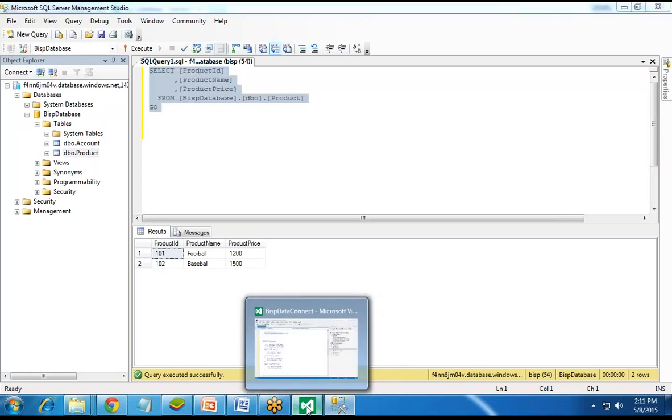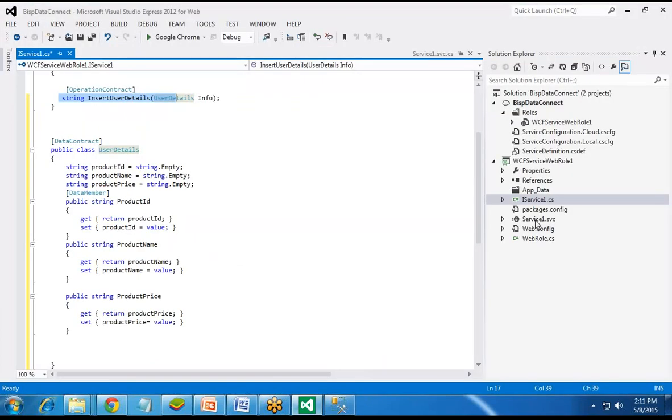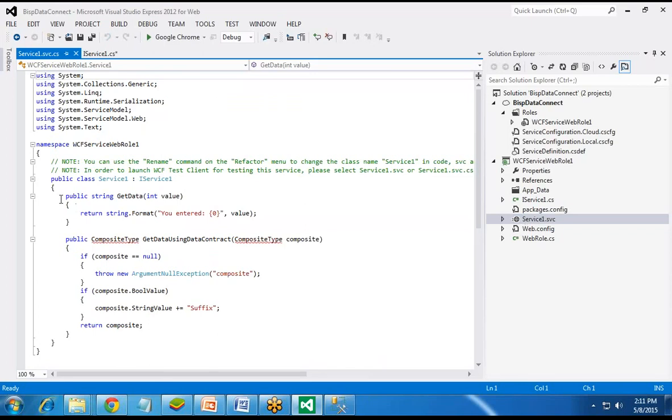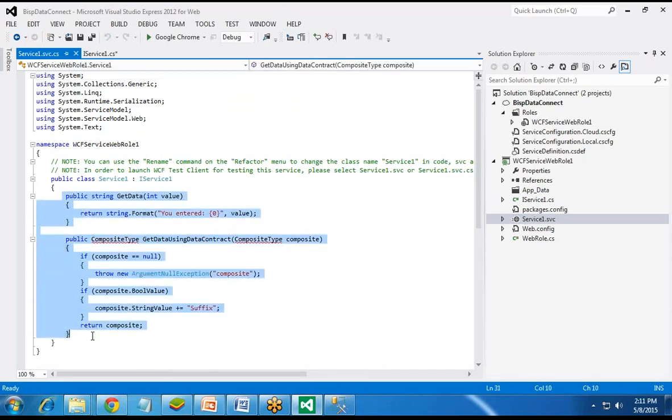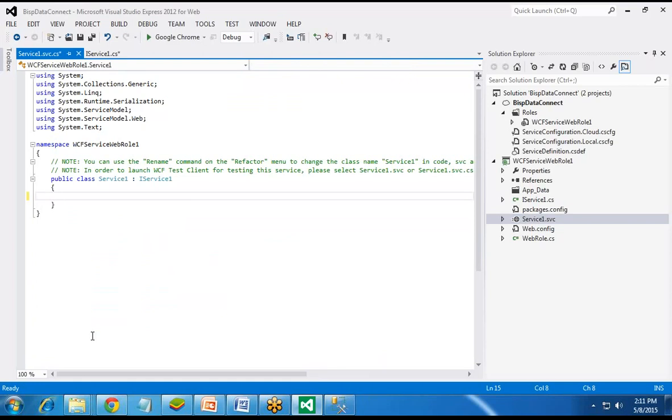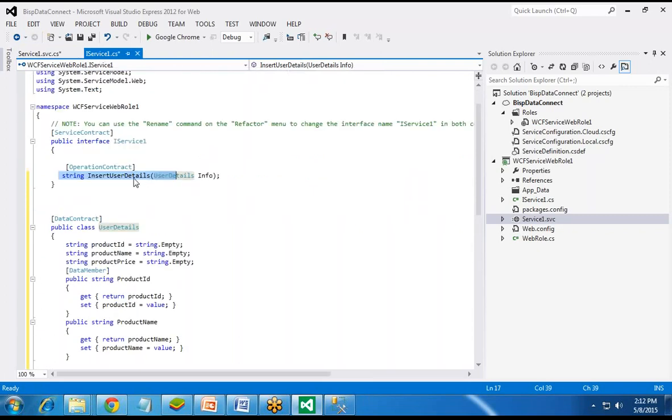To do this, we need to set up a connection first. So I switch to Service1.svc and open it, and as you can see, we have already removed the classes and the functions. I delete them, and first of all I create a function here: public string InsertUserDetails with UserDetails info.